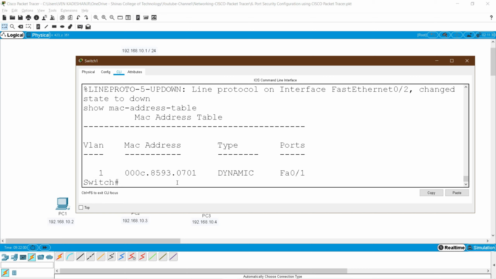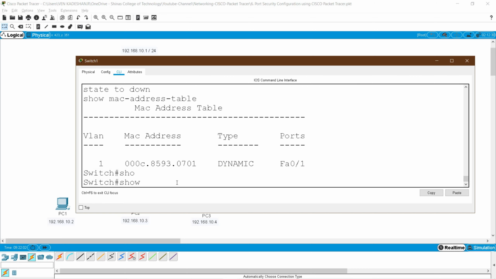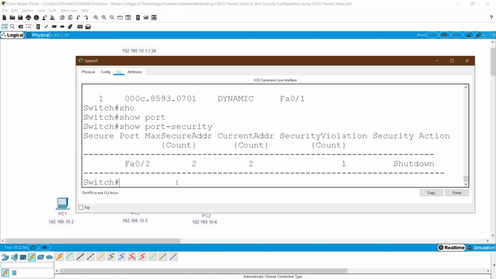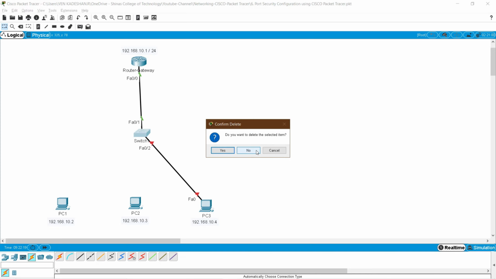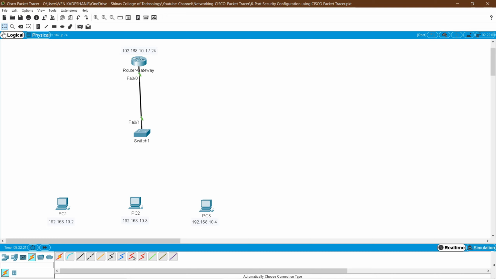Now give the command show port security, and here you can see the violation count incremented by 1. So this is the count incremented: the first violation happens and the port shuts down here. Now I am going to remove this port and give the connection back to PC2. But even though you have given it to PC2, which is allowed, the port is still in shutdown